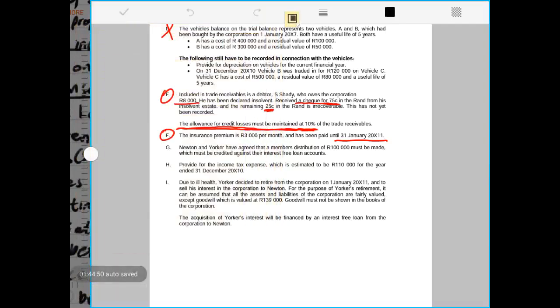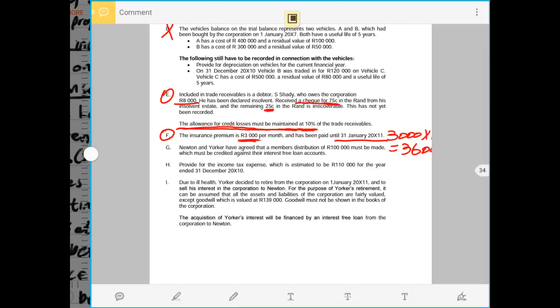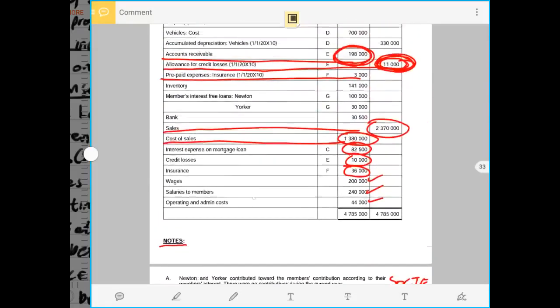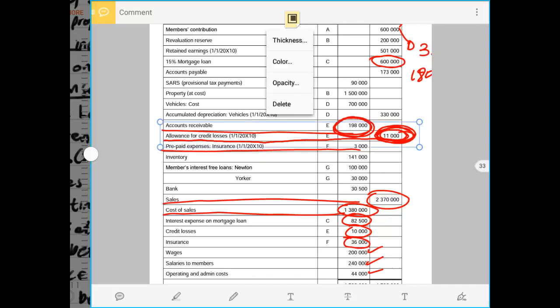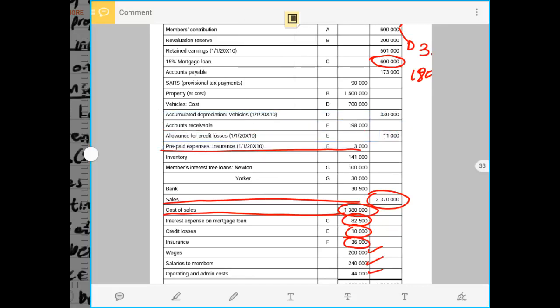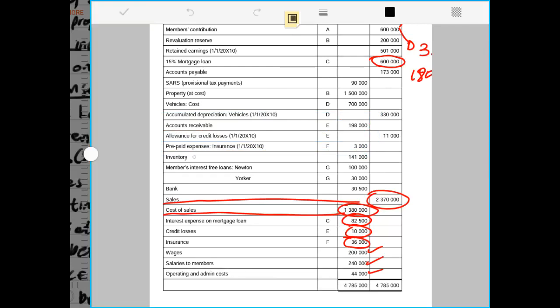So now in this case, we know that insurance per month is 3,000 rands. So it is supposed to be 3,000 rands times 12, so that we get 36,000 rands of insurance for the full year. That is the amount that is supposed to be recorded as insurance for the full year. Now let us check in the trial balance. Was there any accrual at the beginning of the year, or was there any prepaid expense at the beginning of the year? And as I can see, there was a prepaid expense of 3,000,